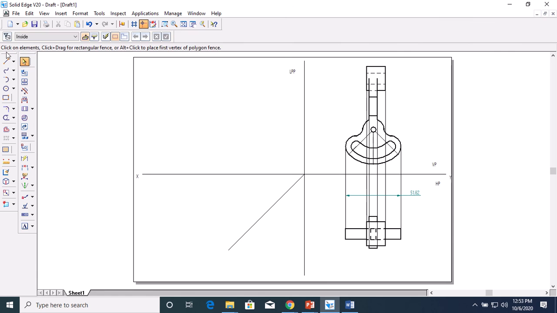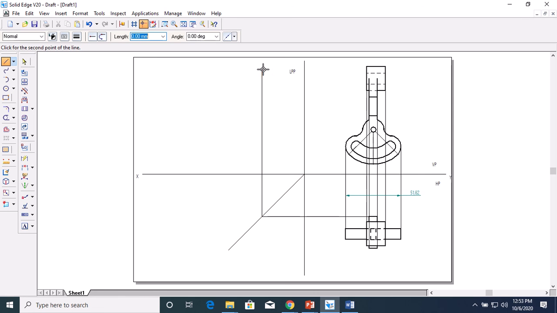Okay. So then draw the horizontal projection line here and here, like this you draw all horizontal projection lines into left profile plane from the top view.